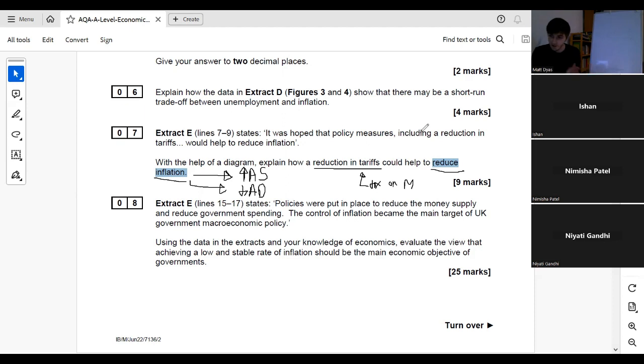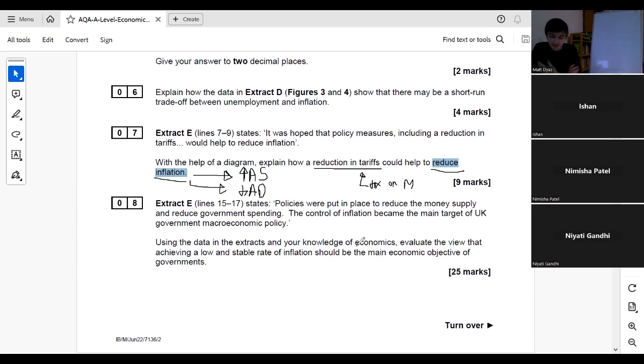So, answers in the chat again. Make your choices. Anyone else going to impress me with the precision of their response? I'm not necessarily looking for complexity, guys. That's always nice to remember, right? I often prefer precise simplicity to obscure complexity. But anyway, reduction in tariffs. If it helps, it will affect both curves. There's definitely an argument that it will affect both curves, but the key is which way, right?